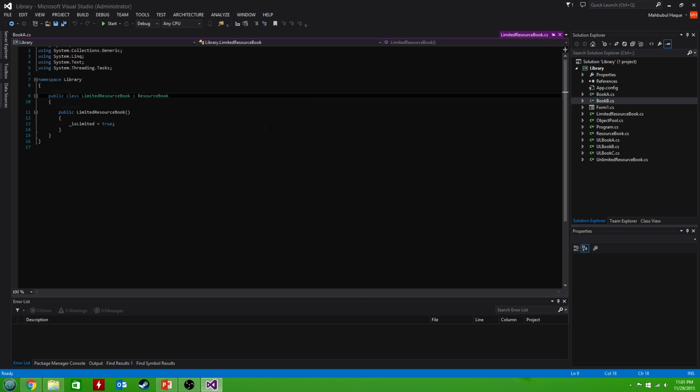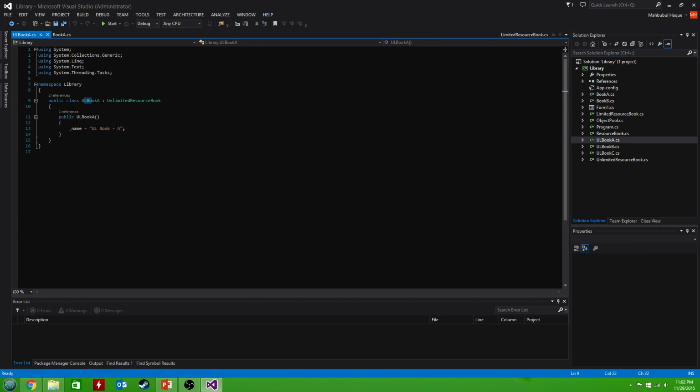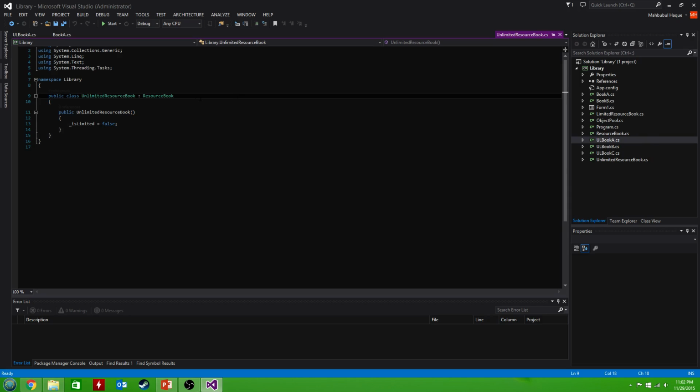Basically, I set a property here, is limited, equal to true. So if they inherit from here, this is instantiated here. And then unlimited resources, they are inherited from a class called unlimited resource book, where limited is set to false. Now both unlimited resource book and limited resource book inherit from the top base class of resource book, and